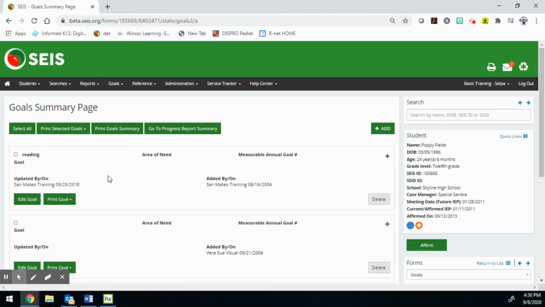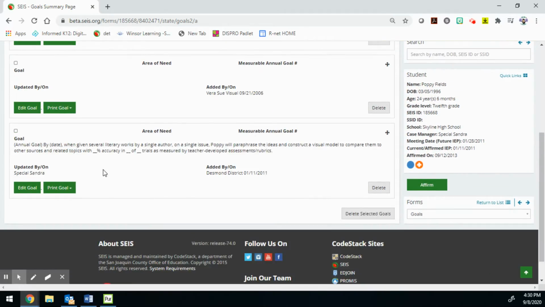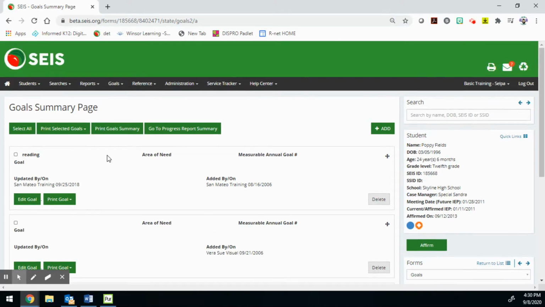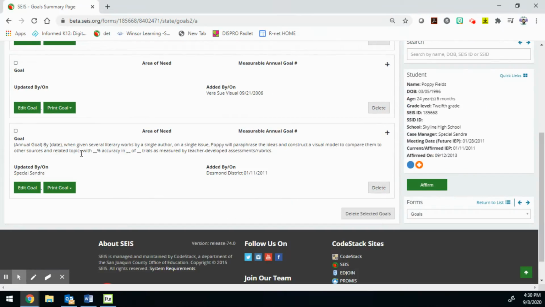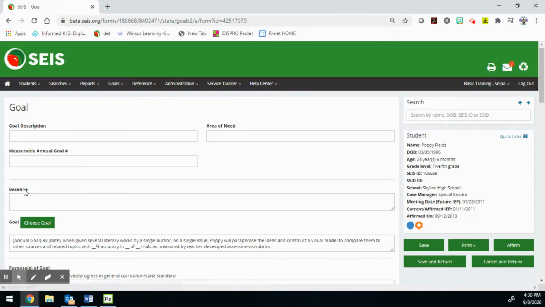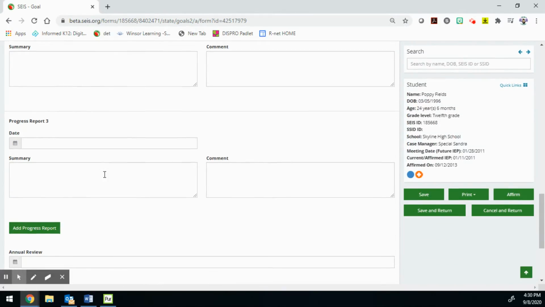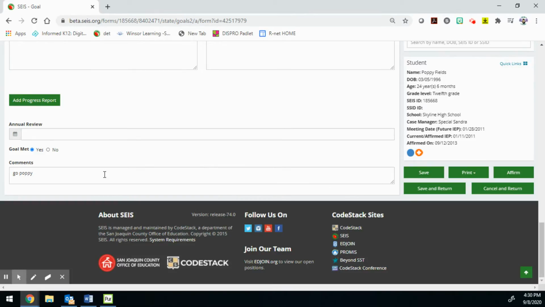pencil. So I can see that the student has 3 goals in here, the first one being a reading goal. I'm going to go to this goal with some text in it and click on Edit Goal. This is an old goal, but I'm going to go in and edit this goal for our annual progress update. So before a new IEP, we need to update the old goals to be current for how the student is